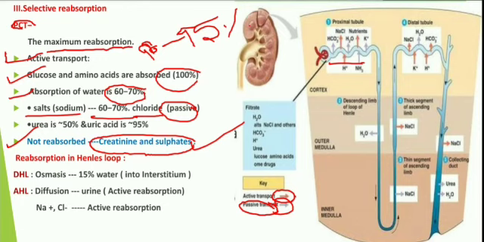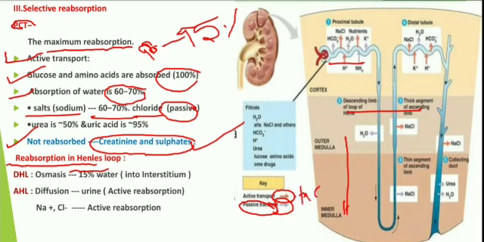Next one is reabsorption in the Henle's loop. Henle's loop is a hairpin-like or U-shaped structure, and it helps in the regulation of urine, whether it becomes concentrated or diluted. How does it work? This is the U-shaped structure, and this is known as Henle's loop. The Henle's loop which is moving downward is known as the